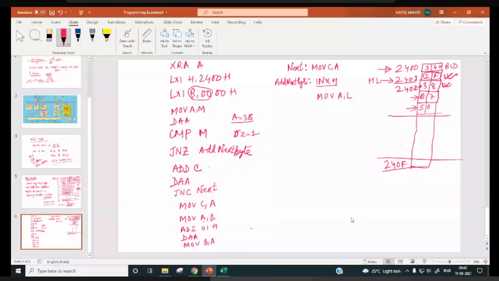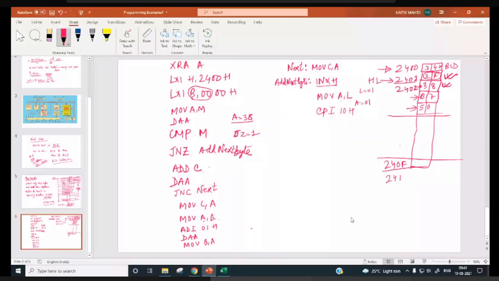Now if you do CPI 10H, so this will be 2410H, right? So this one is the last byte. You need to check and add.